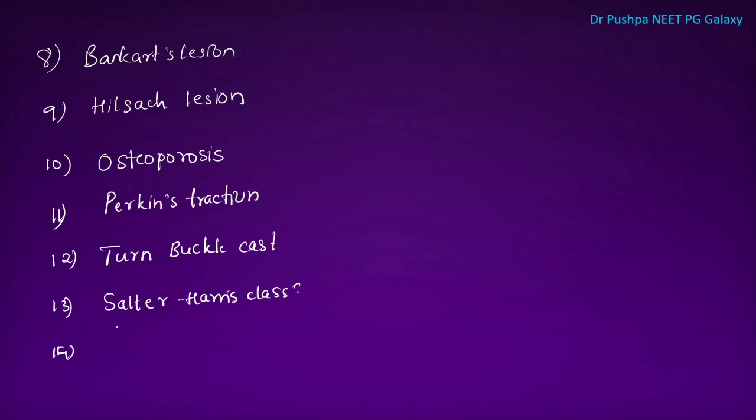14th is 3 bony point relationship is altered in. There is something called as 3 bony point relationship. This is very important topic actually. This is altered in fracture of lateral condyle of humerus, fracture of medial condyle of humerus, fracture of olecranon, because these are the 3 bony points. Whereas this 3 bony point relationship is normal in supracondylar fracture of humerus.